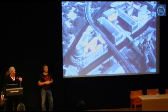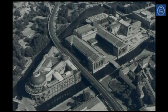So now you have this very strange urban situation where you have like 5 friends sitting around a table with their back towards each other, and if you want to go from Neues Museum to Pergamon Museum, you have to go off the island, take another bridge, and then also the train goes through the island. So it's a very strange